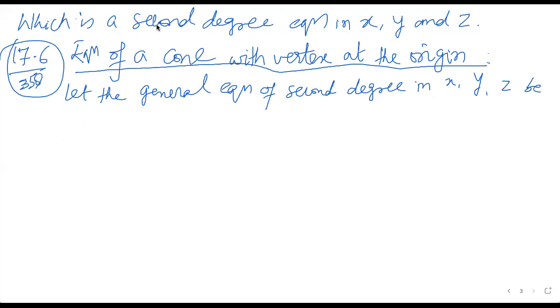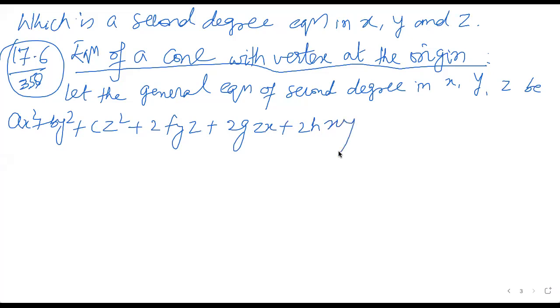ये पता है कि कोई भी कोण जो है अभी हमने देखा कि सेकंड डिग्री इक्वेशन होगी, तो आई एम टेकिंग अ जनरल इक्वेशन ax² + by² + cz² + 2fyz + 2gzx + 2hxy + 2ux + 2vy + 2wz + d = 0. तो जनरल इक्वेशन आपकी सेकंड डिग्री है, तो जाहिर है इसमें सारे टर्म्स आएंगे x, y, z के और साथ में एक प्रोडक्ट टर्म होगा एंड देन सिंगल टर्म्स।